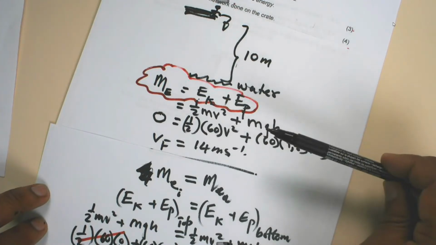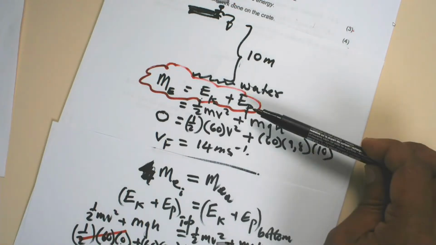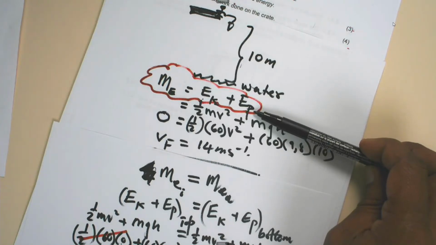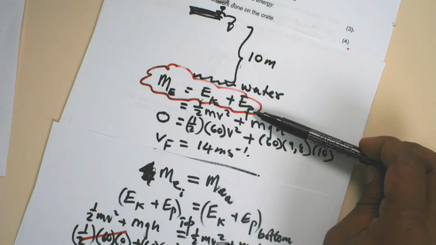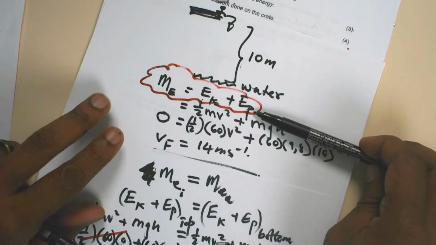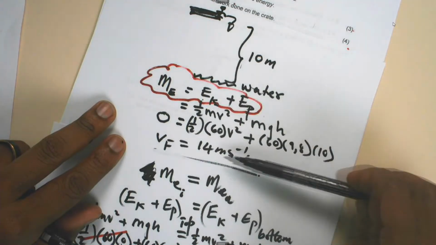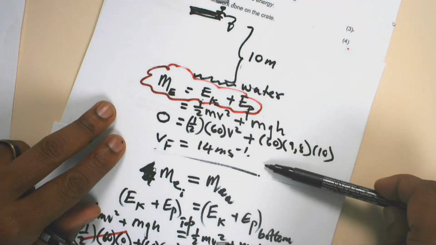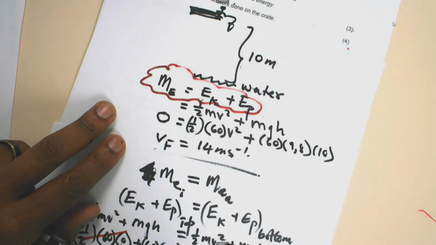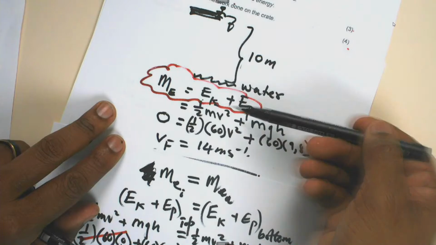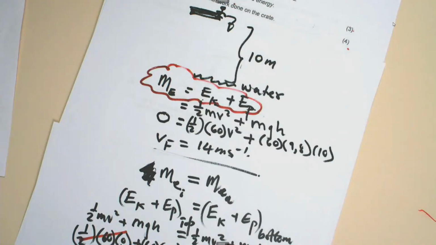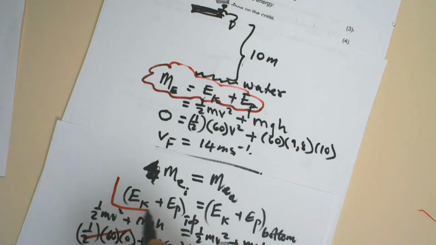No, it's not. Because it clearly says to me the learner does not understand exactly what it means when we say the total mechanical energy in an isolated system remains constant. So with this, eventually they get the correct answer, and then it is not how it works, because this is not the principle. This is just a mere definition of what mechanical energy is. So for us to use the principle, it means we need to have this sum